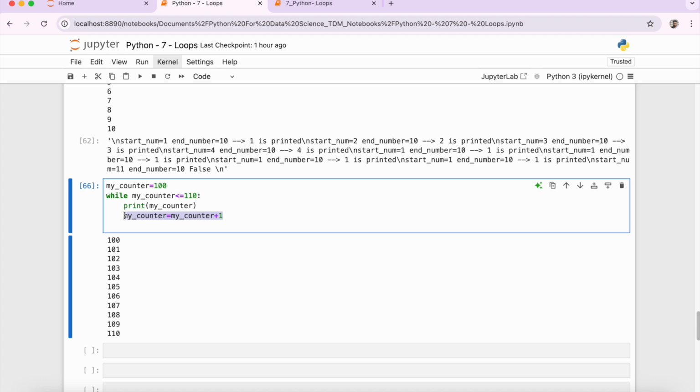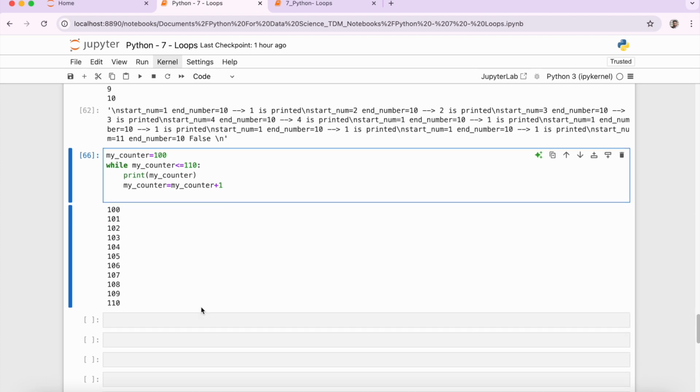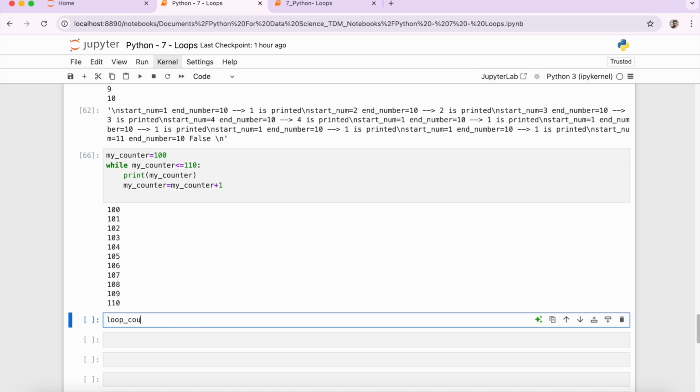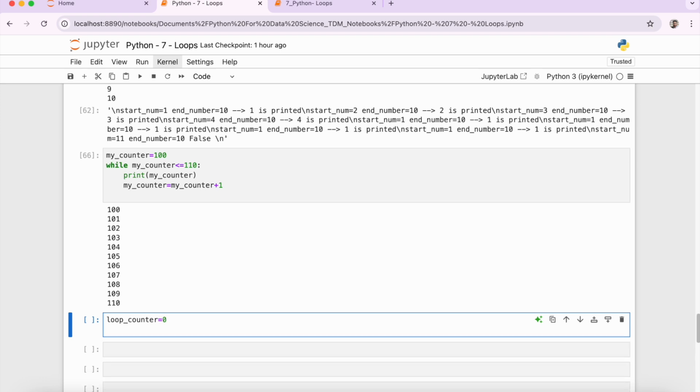Now as we are talking about the while loop, there are certain people who like to write this while loop within a single line or within a single statement. So there is a way of writing a while loop with a single statement while block, and the loop can be declared in a single statement. So let's take an example saying that we have loop counter, and for this loop counter I'm going to put the value 0, and then I'm going to write a while condition saying that while loop counter is less than or equal to 5,